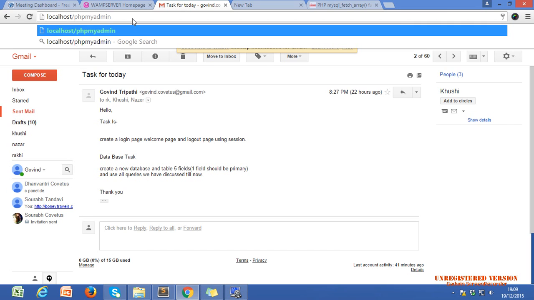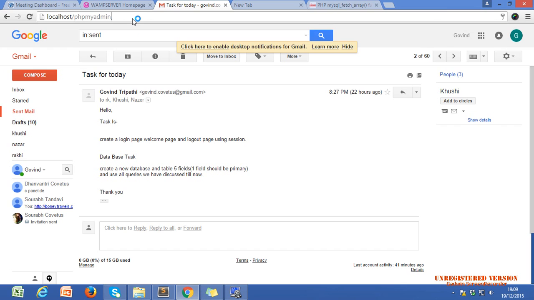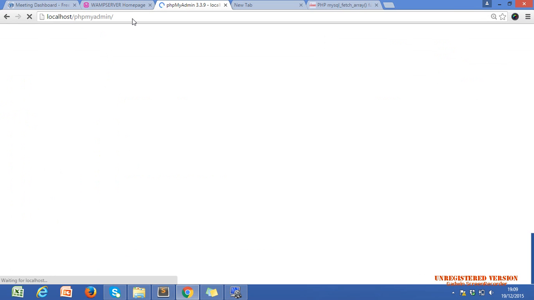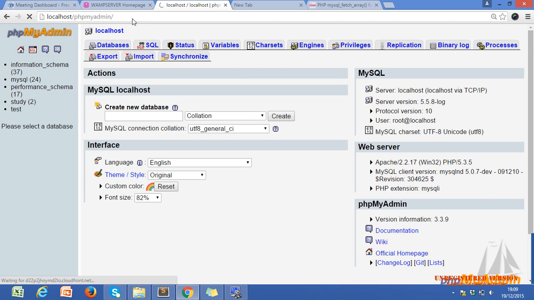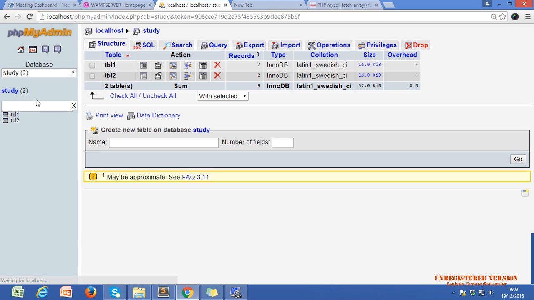Yeah, this is the URL for our database. This is the user interface of our MySQL, integrated with WAMP or XAMPP. Now, what do we have? We have one study database. Let's connect with our study database.